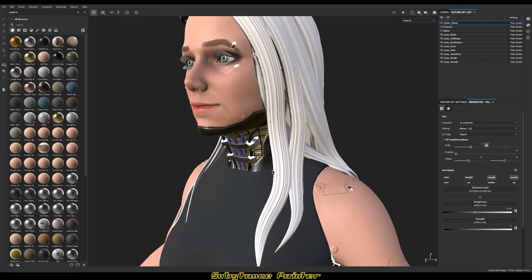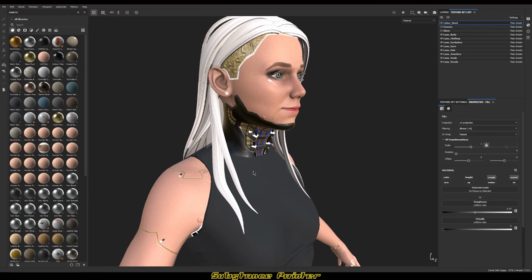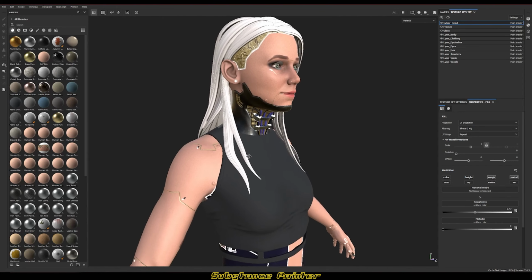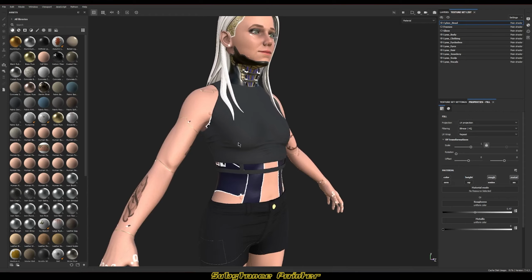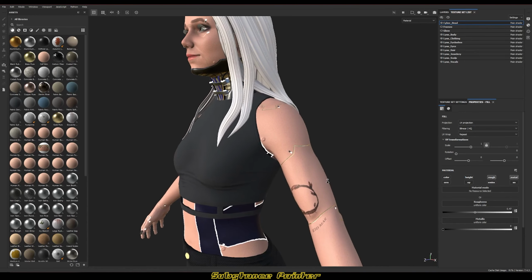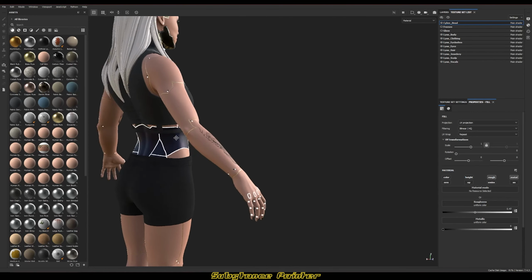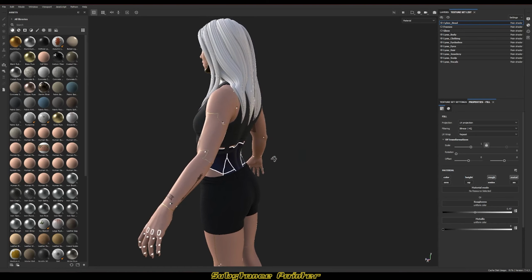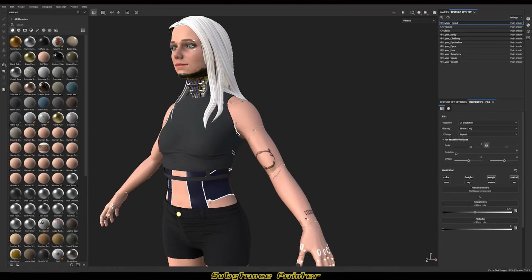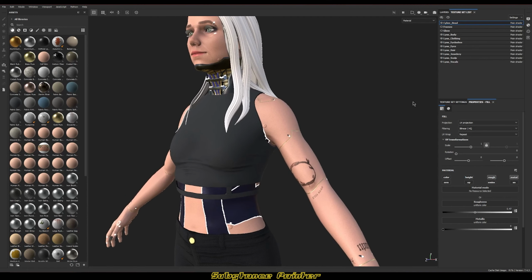Inside of Substance, we'll try to make this quick because this project is very, very heavy on my computer. We did a lot in here. It doesn't seem like it, especially when I export and there's not a whole lot to export. But we did enough in here to give my computer problems anytime I open this thing up. If you guys want, I could do a full breakdown of everything we did in here, but for now